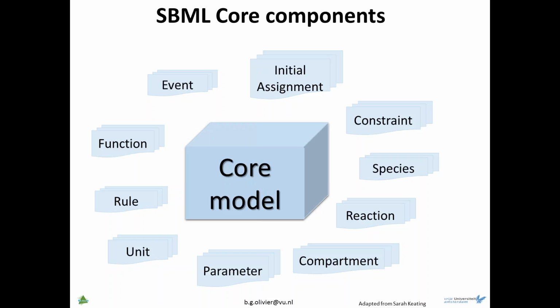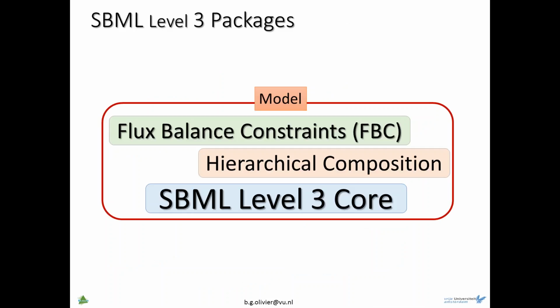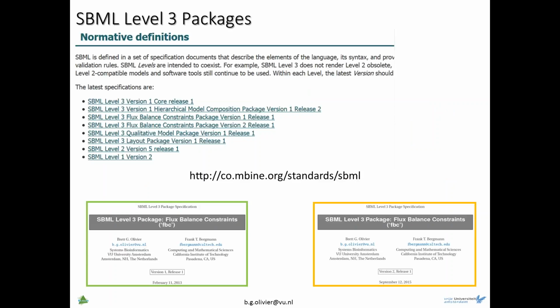Now, SBML Level 2 was essentially this, the core language. SBML Level 3 took this and said, well, this is SBML core, and we can now extend it using what is known as packages. So for example, here we have a model which uses SBML Level 3 core as its base description, but it adds on to that things to do with constraint-based modeling, for example the FBC package, or it uses packages called hierarchical composition for adding different models together into a single model. So these are the packages